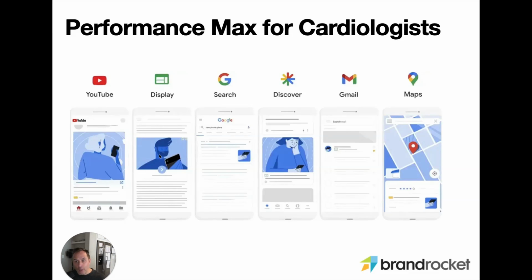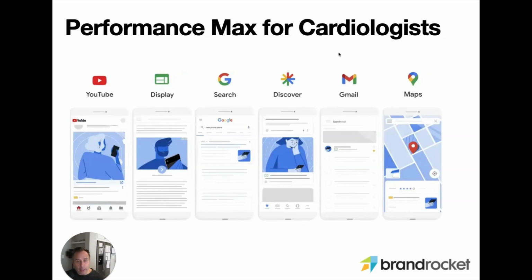And then you launch a Performance Max campaign. This has a higher probability of bringing more and more leads into your practice, for people that are not only searching, because it covers the search network, but just viewing content in general across the internet, or possibly looking at an email or watching videos on YouTube. So it truly is across all those different levels of the funnel, all those different levels of the awareness that we talked about in previous videos. We are now going to get our ad messaging all the way out, right? When we're talking about thousands and thousands of views, actually,